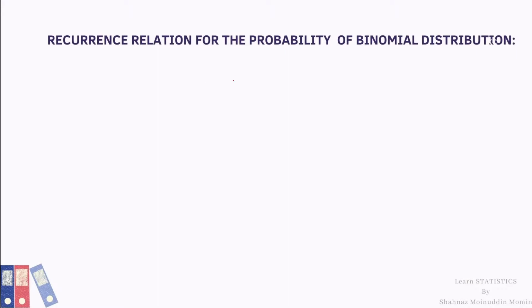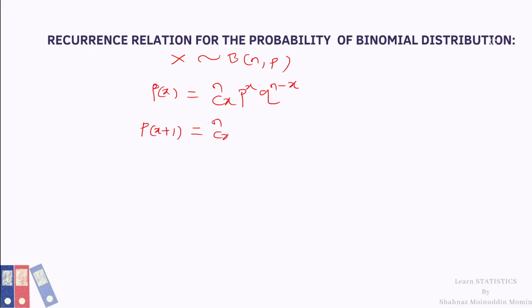We know that if x follows binomial with parameter n and p, then PMF of binomial distribution is given by P(x) equal to nCx p raised to x q raised to n minus x. If we replace x by x plus 1, then we get P(x plus 1) is equal to nC(x plus 1) p raised to x plus 1 q raised to n minus x plus 1. The recurrence relation is given by